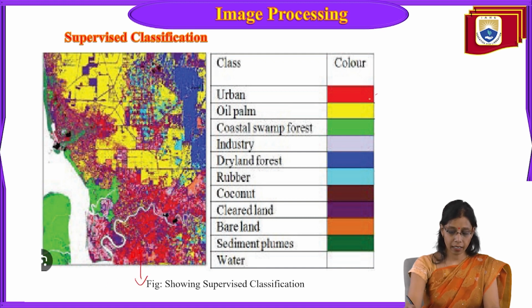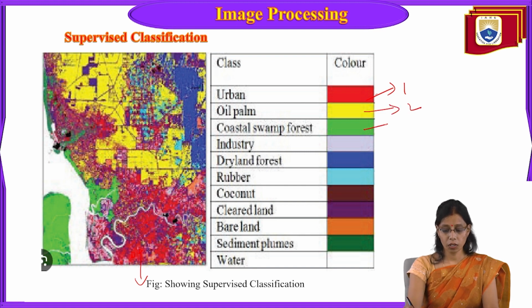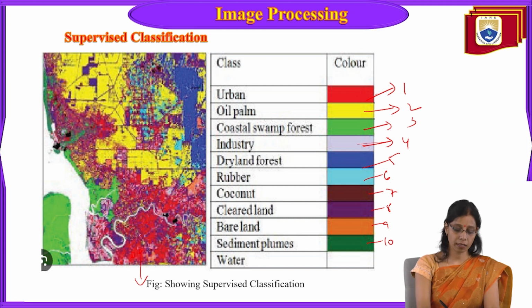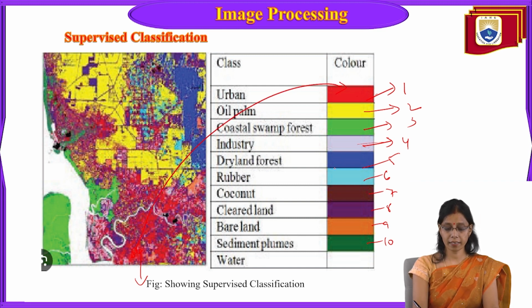So let us see, red color is pixel number 1. Red, green, yellow color is pixel number 2, green is pixel 3, 4, 5, 6, 7, 8, 9, 10. So these are all the numbers of the pixels. So DN1, DN2, DN3, DN4, DN5, DN6. So wherever the red color is, some training pixel is selected and it is assigned as red color. So wherever in the image red color will be there, the DN1 will be there, that will be converted